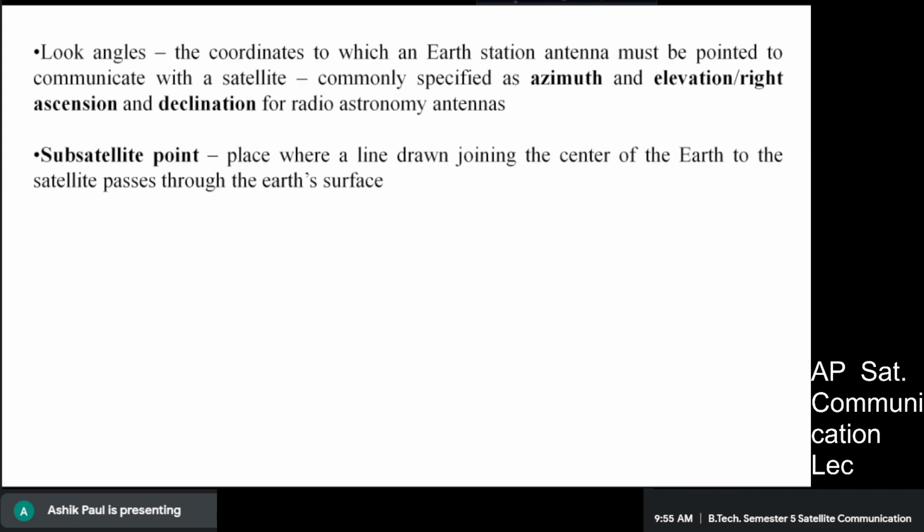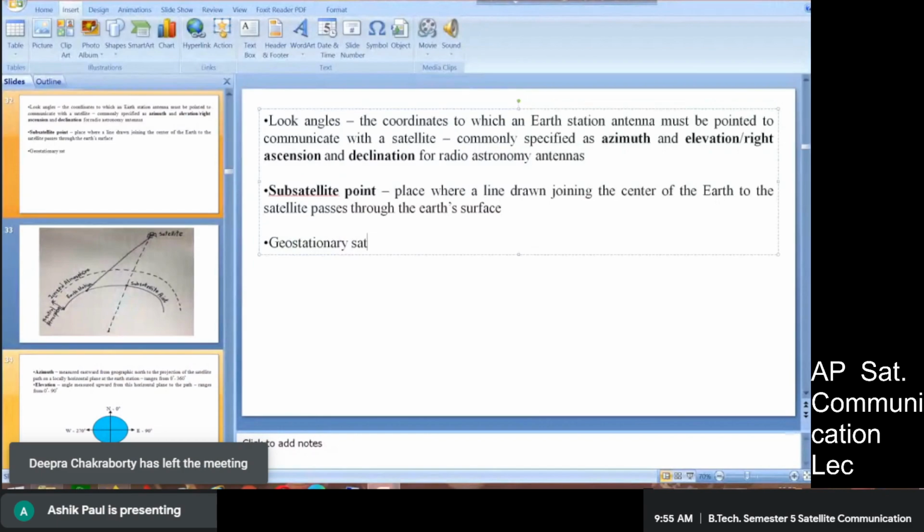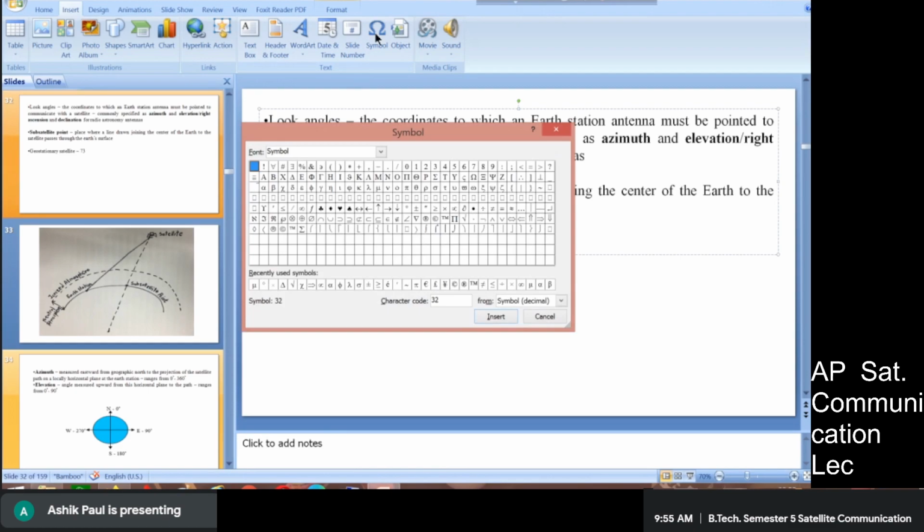It may be a point, but that point will have, for example, any point on the surface of the earth has a latitude and a longitude. So suppose you have a geostationary satellite whose coordinate is 73